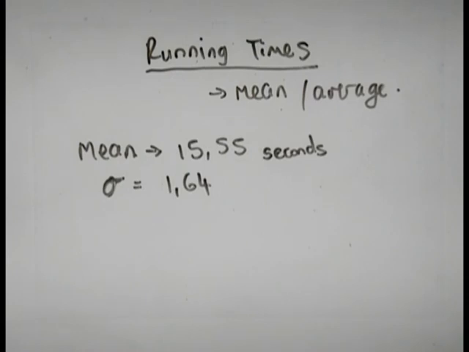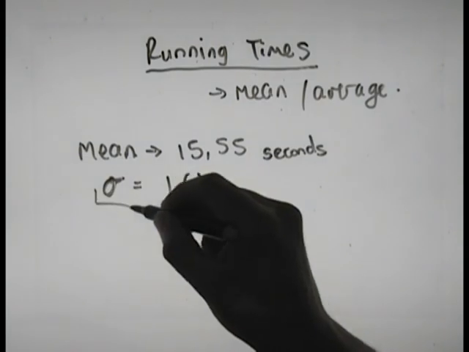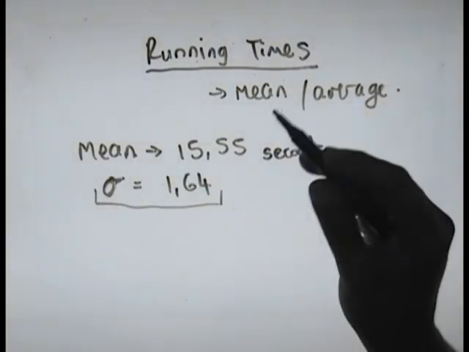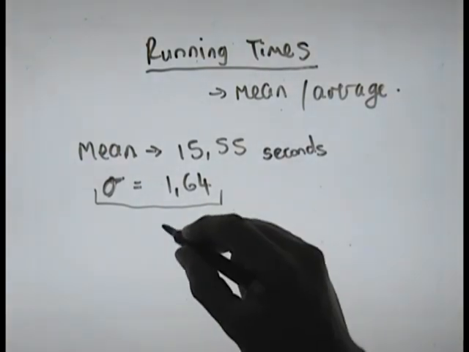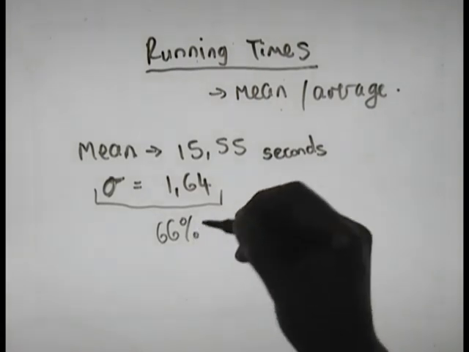The reason we then went to calculate the standard deviation, you'll see in the workbook I asked you to test its accuracy. The lower the standard deviation is, the more accurate the mean is. As a rule of thumb, 66% of data